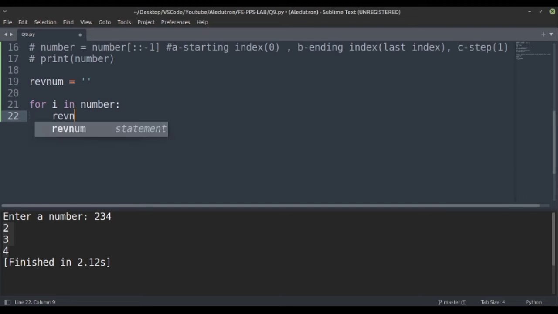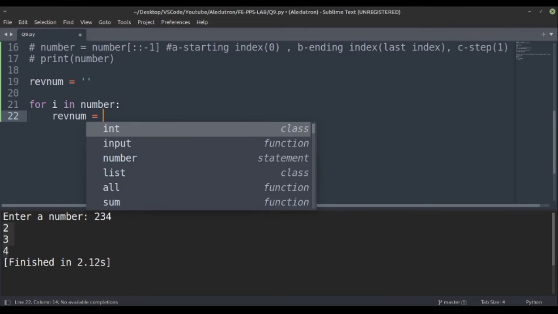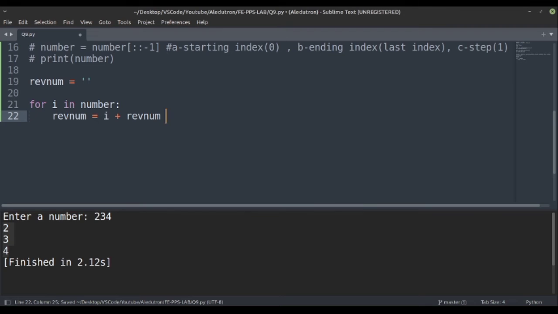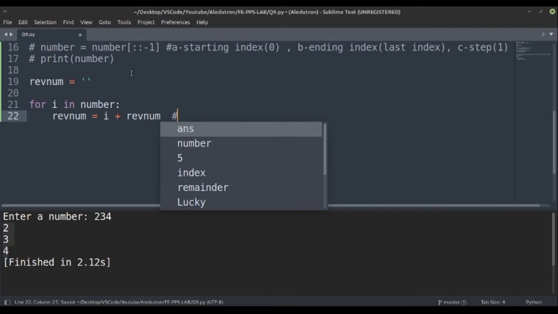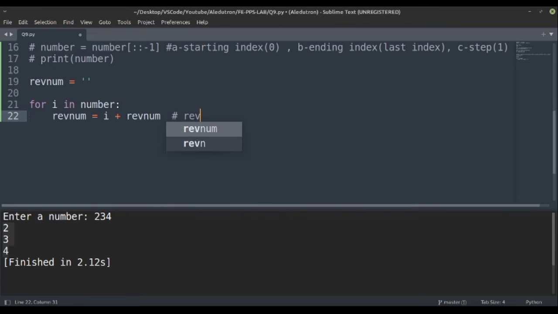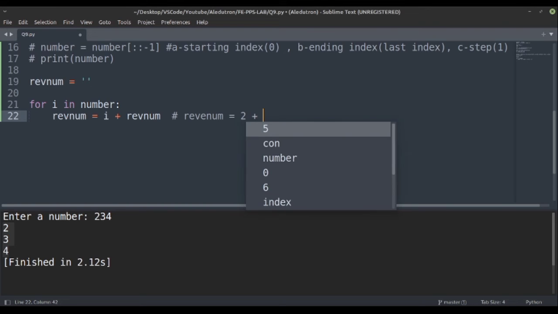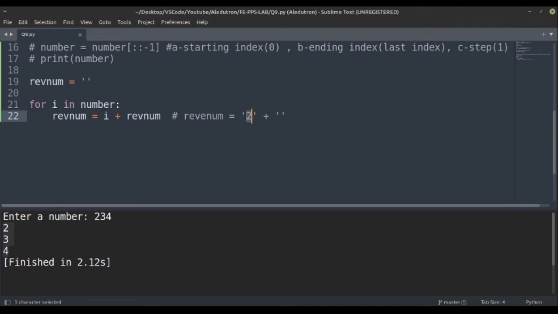So what we can do, reverse num equal to I plus reverse num. So for example, we will take the 234 only. So in the first case, reverse num equal to I will be 2 plus empty string. So this 2 would be also a string, as we are working with strings.